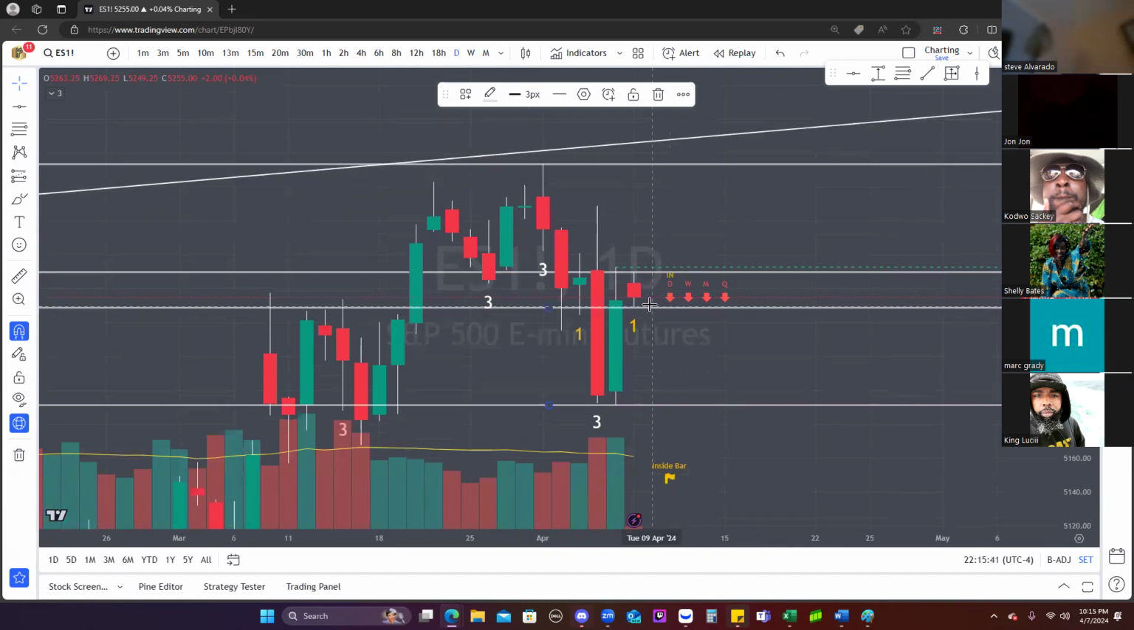So here we are. On the daily, we have everything to the downside on the higher time frame. But I see this other broadening formation here and another 3 here that's going to create another broadening formation. I'm going to draw it because I want to, again, see what my expectations are going to be on a